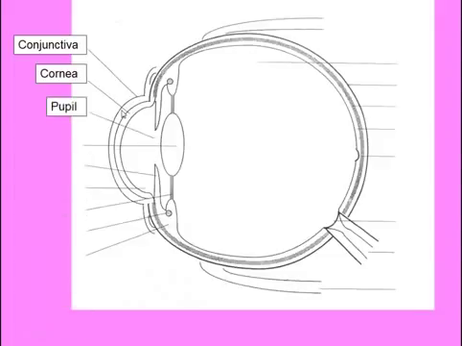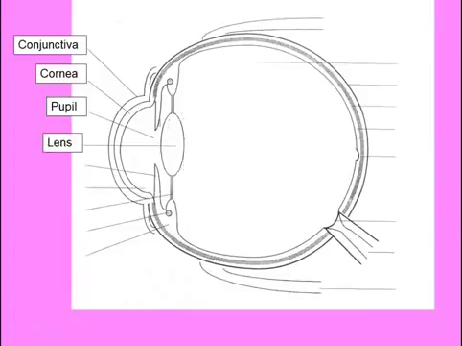The next level is the pupil. This pupil is simply the gap between the iris muscles. Remember, the iris is a disc with a hole in the middle, and that hole in the middle of it is the pupil. So we're really labeling something which is merely a hole. The lens is this